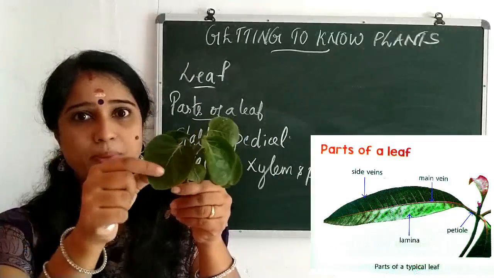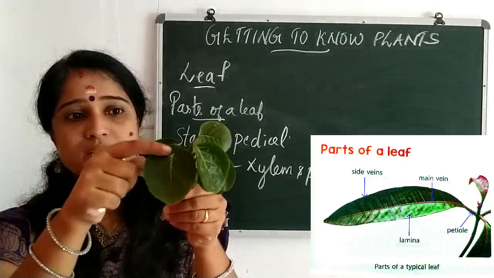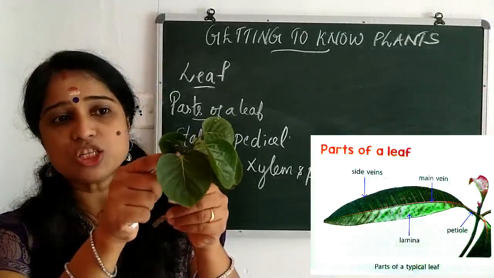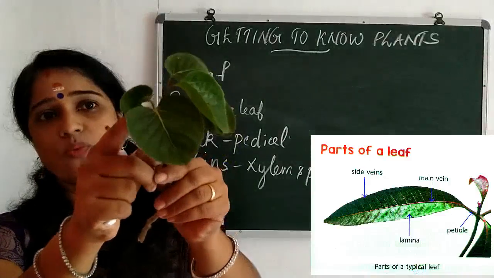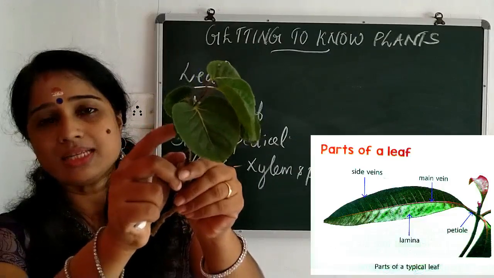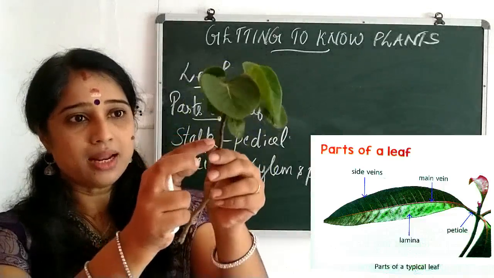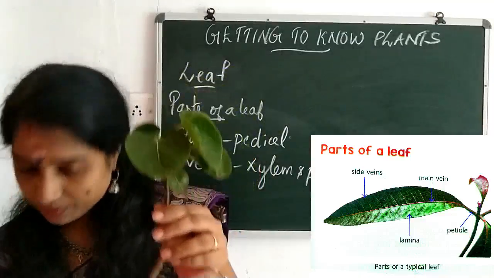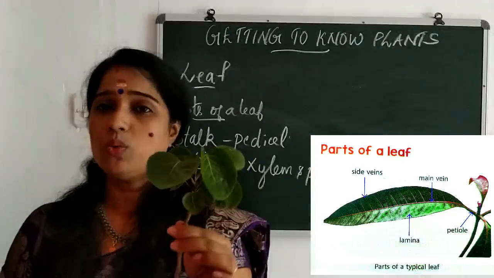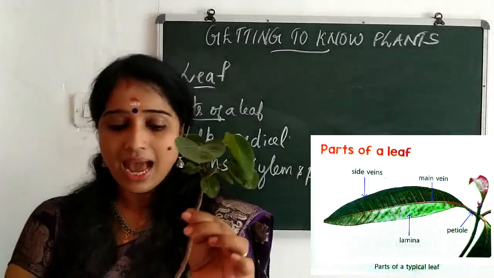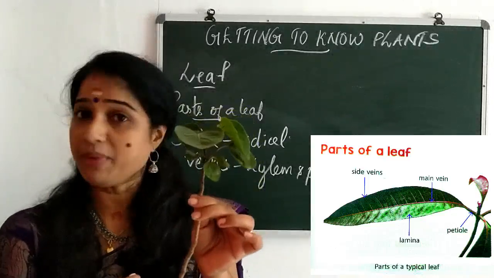So the food that is prepared in the leaves is carried through these veins and passes through this stalk, otherwise known as what? Pedicel, and it reaches the stem. Inside the stem also, what is there? Xylem and phloem is there, then it will move downwards. Clear? This is how the transportation takes place, and similarly the root absorbs water and minerals, and